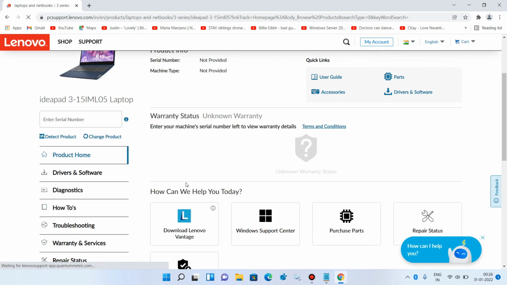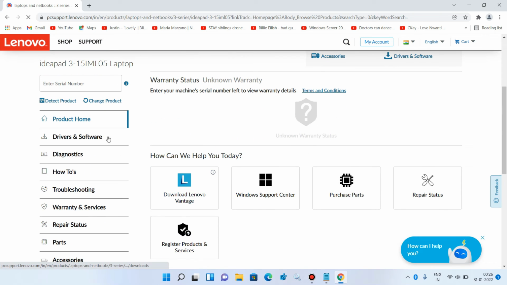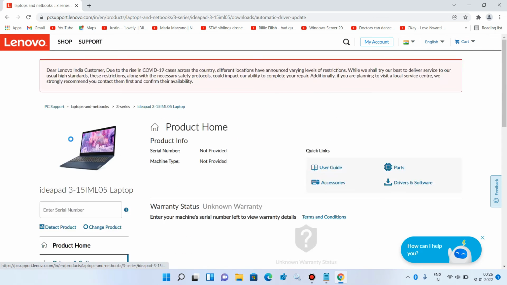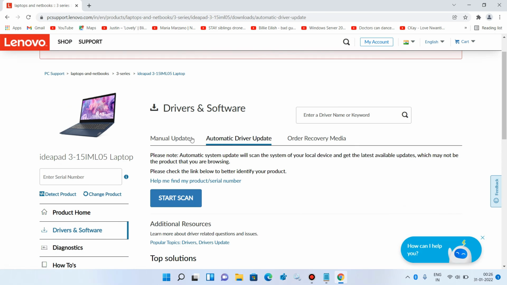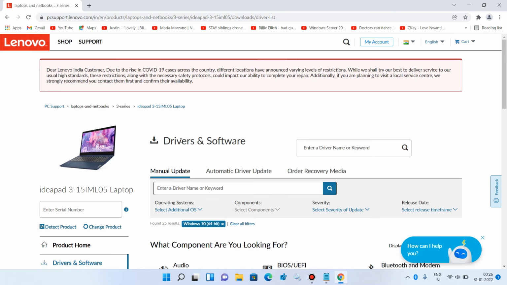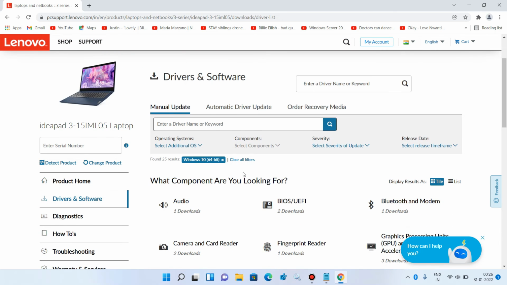Now go down and just click on this option drivers and software. Now click on manual update tab. Now just select the operating system. In my case it is Windows 11 64-bit.